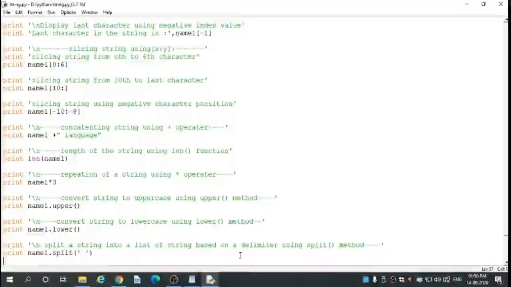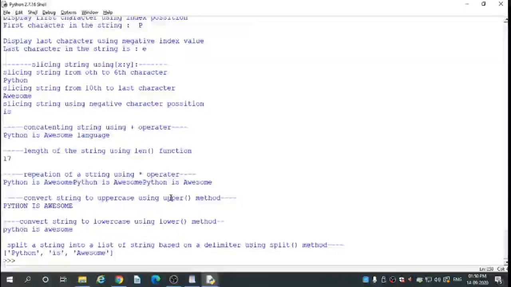Enter. I run the code here. So here split a string into a list of strings based on delimiter using split method. So here Python is awesome.